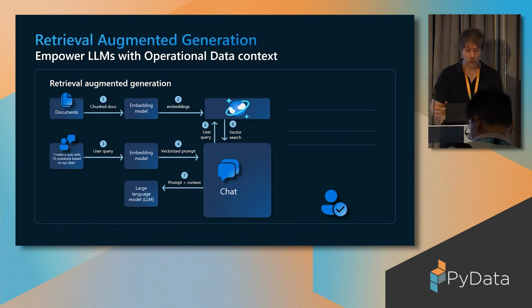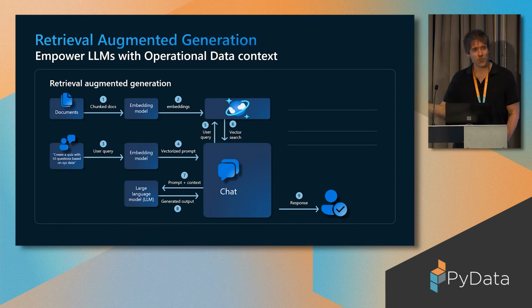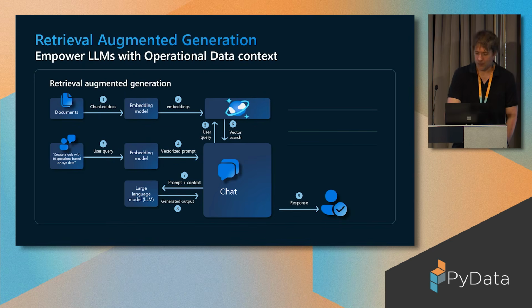The application then responds, or doesn't respond, sorry. It takes that as context and says, okay, here LLM, this is the information that I want you to use to form the response, and here's a prompt telling you how to do it. The LLM responds, and you respond to your application. And you've done it in a way that it's more predictable because you've augmented the generation that the LLM would otherwise do based on its own internal reasoning, and it may make mistakes.